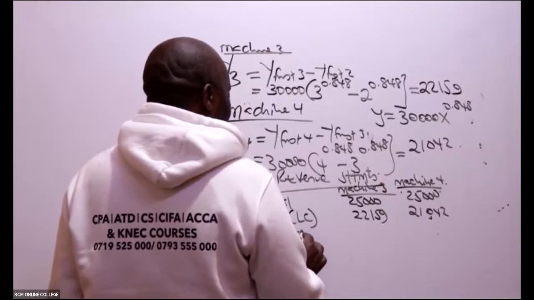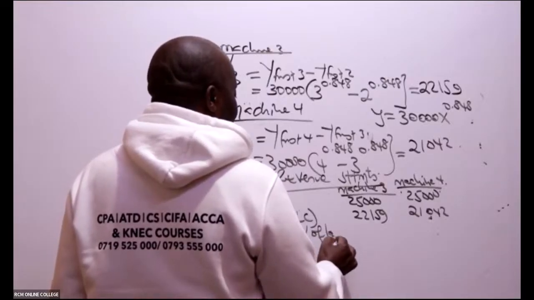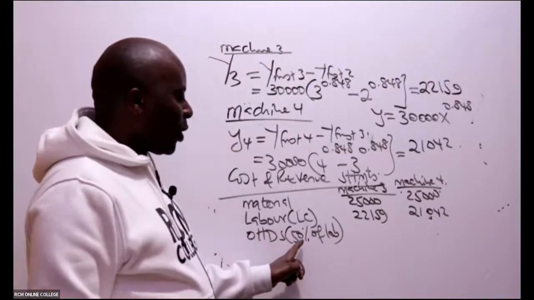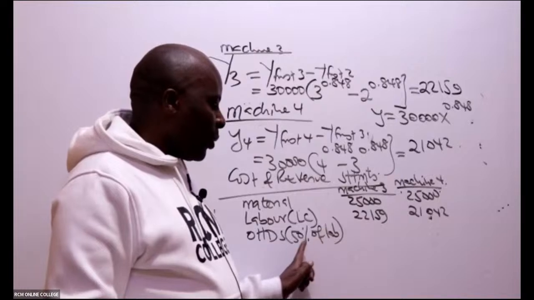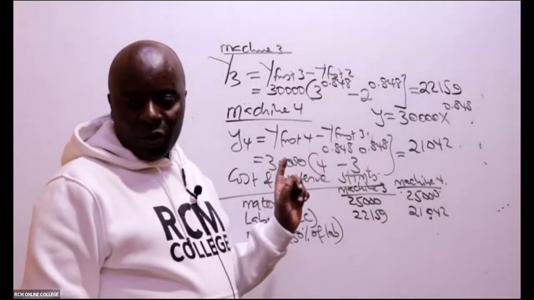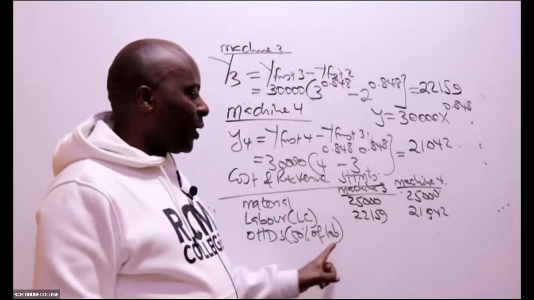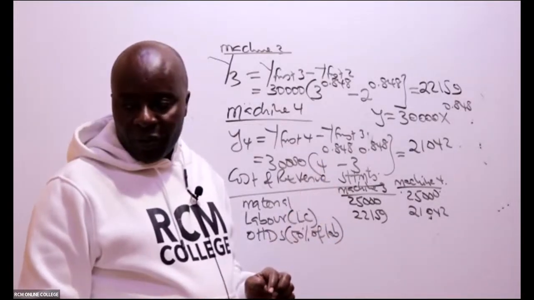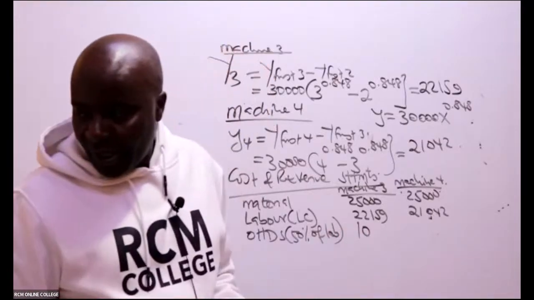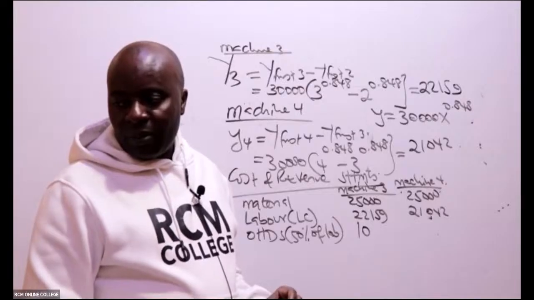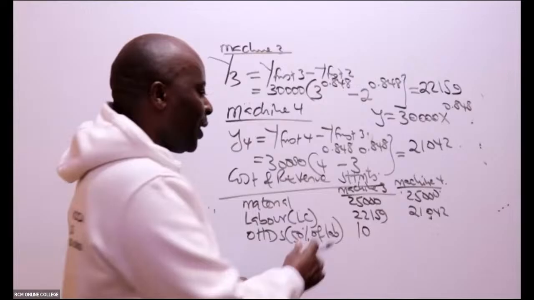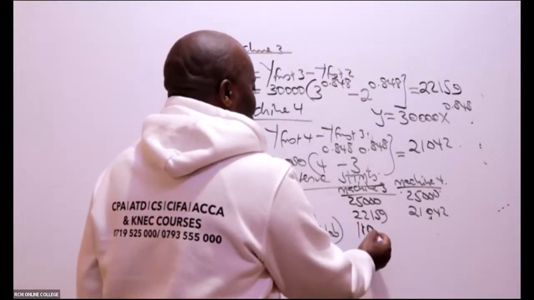Remember overheads? Overheads was 50% of labor. So just give me a whole number. Could you kindly give me 50% of this, 0.5 of this? Because overheads is 50% of labor. So Abuto, 10,080, no? Yeah, it will be 11,080 by the way. Check again, Abuto. 11,080.